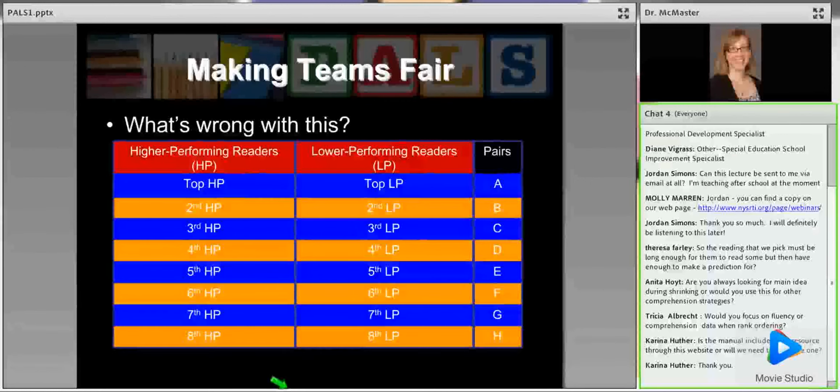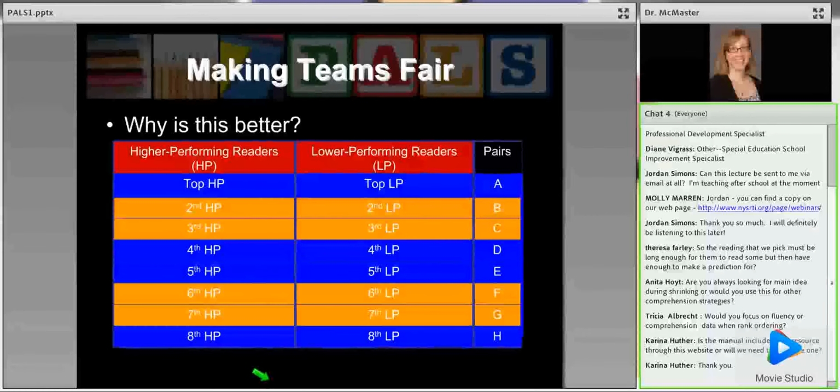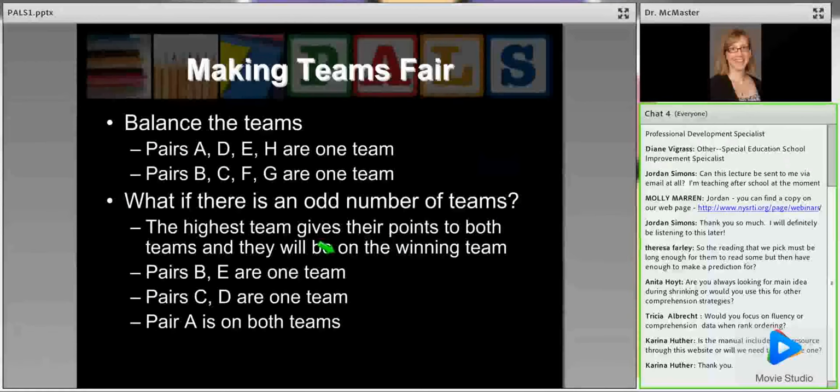So if we did it this way, the blue team is always just slightly higher in their performance, whereas we have the slightly lower groups on the gold team. A more fair way of doing it would be to have the very top and the very lowest performing pairs and some in the middle on one team, and then the rest on the other team. So that way the pairs are more balanced. So in that scenario, A, D, E, and H are one team,